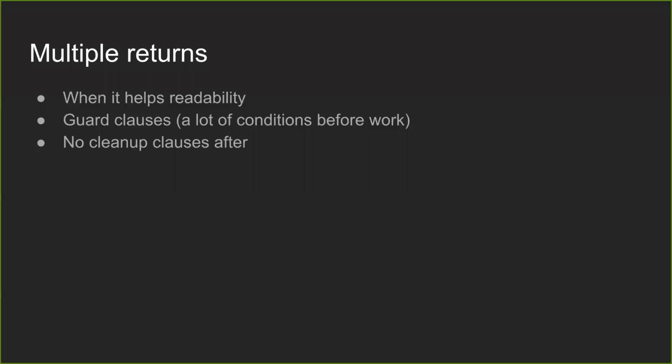For example, when you have guard clauses, if you have a lot of conditions that need to be fulfilled for the work in the routine or function to be done correctly, then instead of nesting a lot of ifs and then doing the code after all the conditions are met, it is best to return early with the error message and something like that